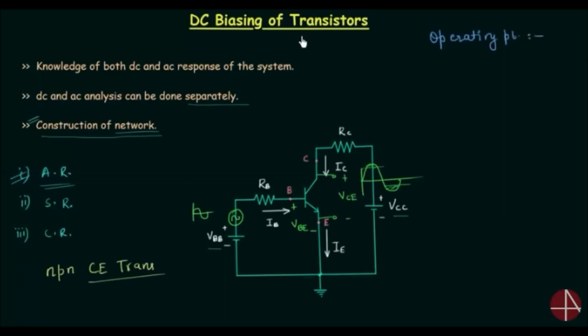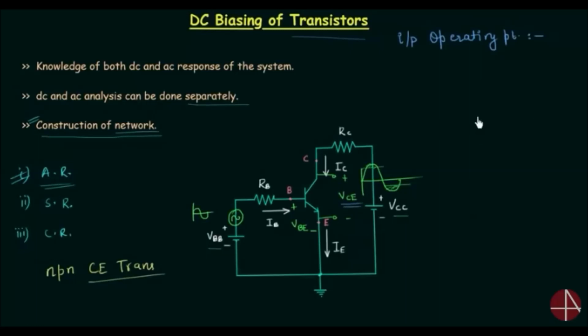We are talking about transistors, and transistors are two-port devices. So we have two types of operating points. The first one is the input operating point, and we can define the input operating point as the coordinates obtained by the intersection of the load line with the transistor input characteristics for the particular value of output voltage VCE.